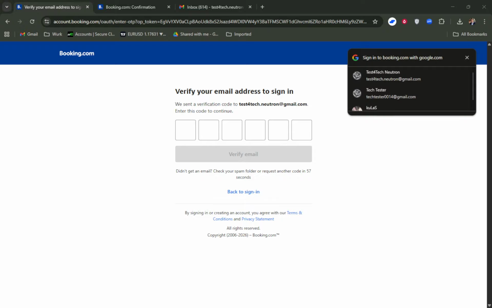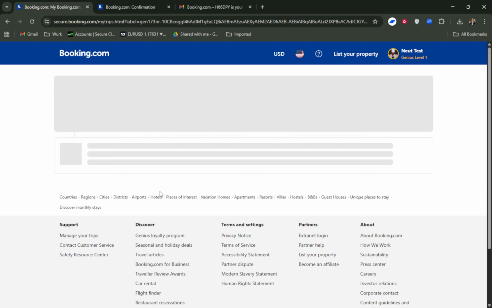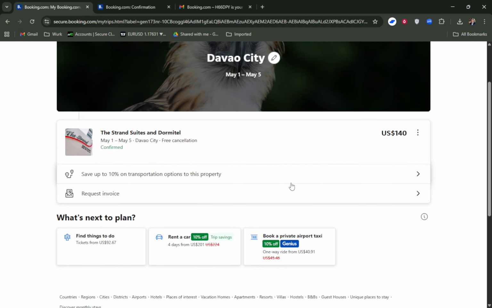You'll see the details for that specific stay, including dates, the property name, and, importantly, the cancellation policy. Before you proceed, take a moment to read that policy carefully. Some bookings include free cancellation up to a certain date, while others may charge a fee or even the full amount depending on the property's rules and the timing of your cancellation. If your reservation is marked as non-refundable, you may not be able to cancel or receive any money back.